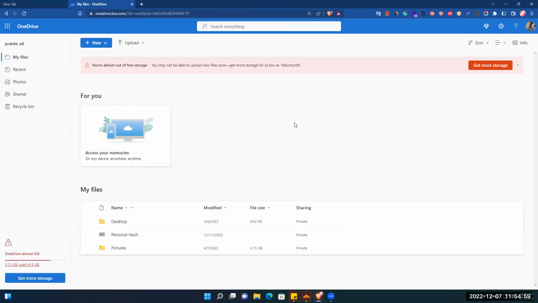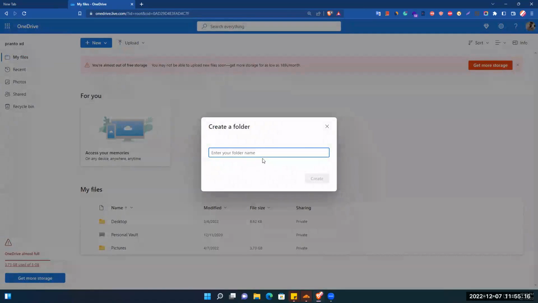Okay, so if you want to create any documentation, first we have to click on New. If you want to create a folder, simply click on folder and give the folder name. The folder name is Agile PO files.